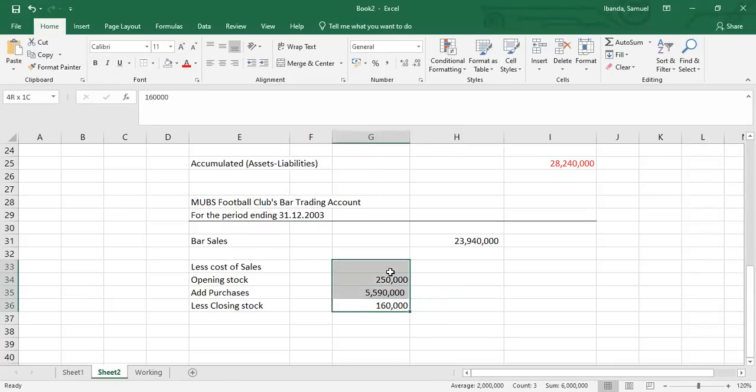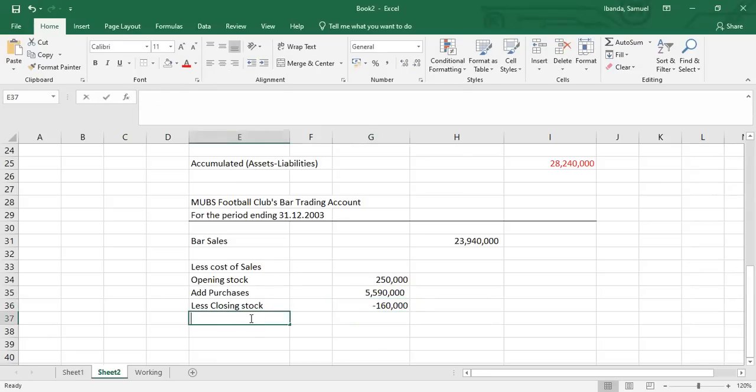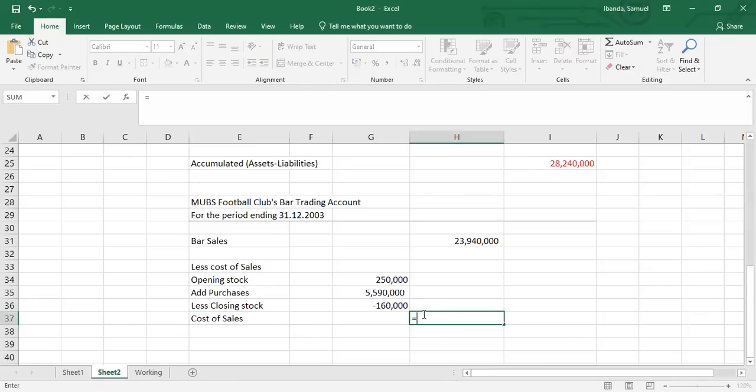So mine is to add up. This is less, sorry. This I'm lessing, so I'll just put a negative to it, and then I'll get my cost of sales, which is the answer